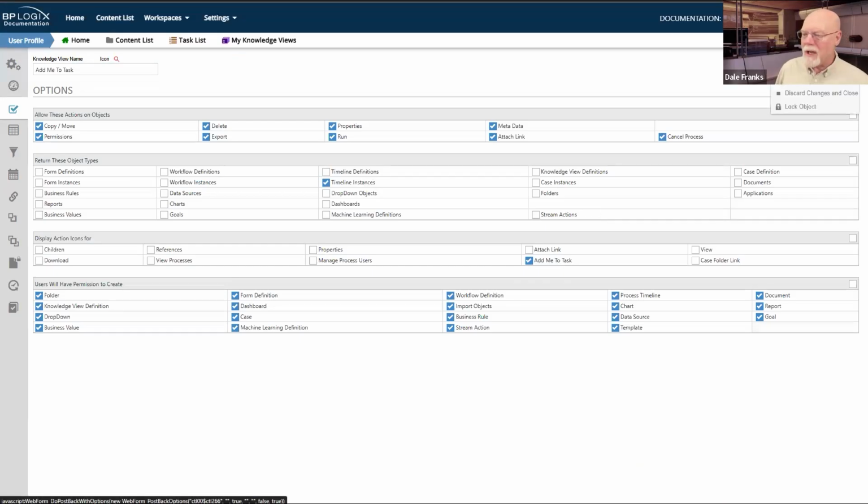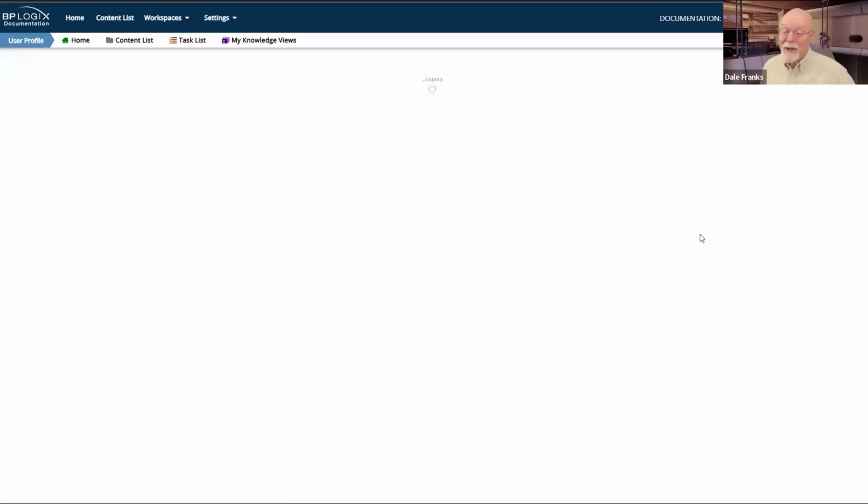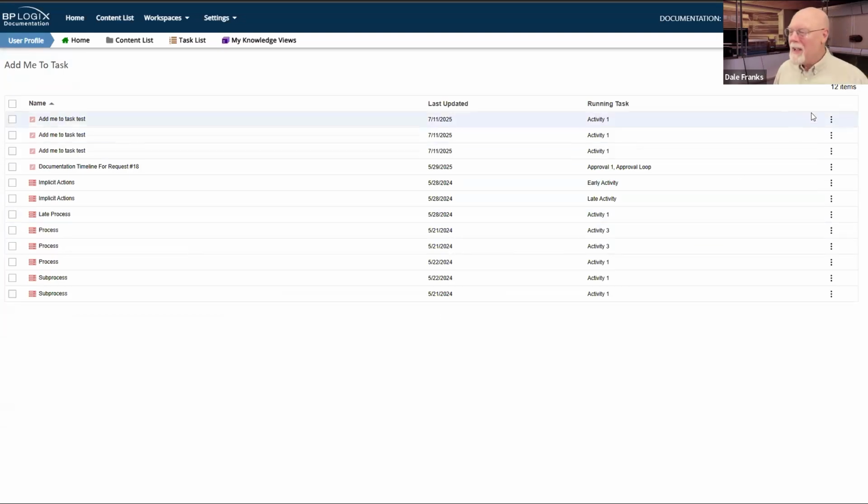Or for version 6, it's not really an icon. It is Add Me to Task, but it's a menu item that appears on the V6 version called Add Me to Task. So in this case, I have a knowledge view that just returns what my active processes are that are running on the system and what tasks are currently running.